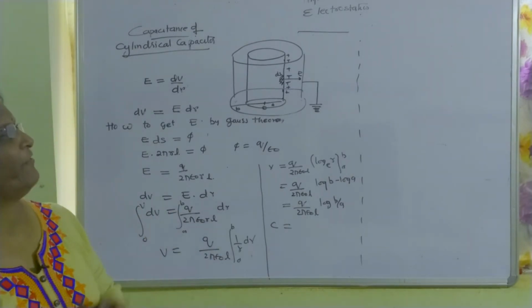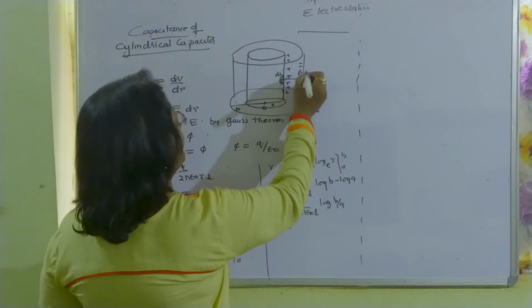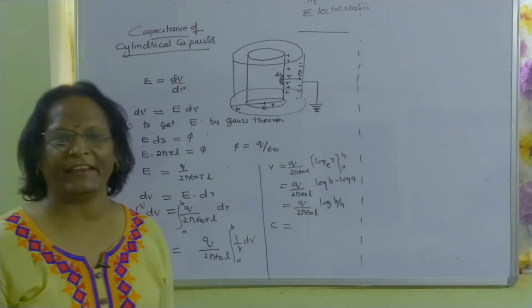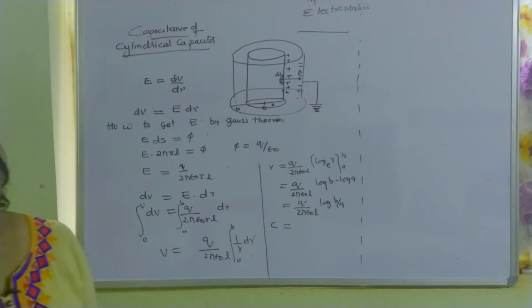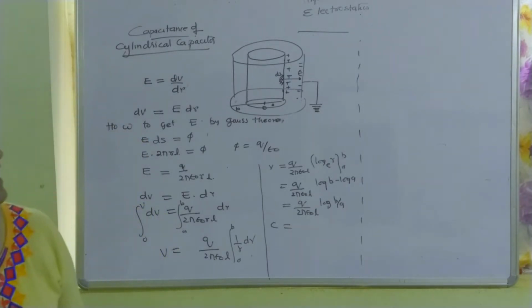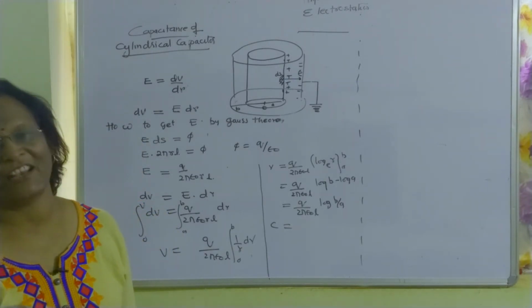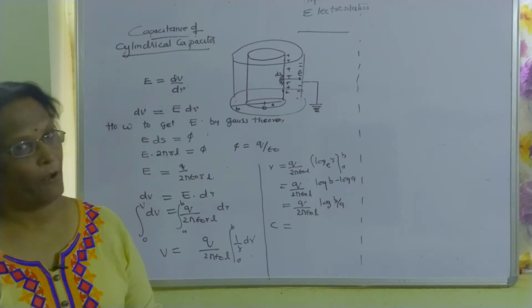Then the outer plate will also be cylindrical, but it will be connected to earth and it will get induced with negative charges. So now we cannot directly apply C equals q upon V, because the region between the first plate and the second plate will not be uniform. The electric field will be different at different distances, so V also will be changing. It is not fixed. Electric field lines are radial but not parallel. They are existing radially outward, but they are not parallel.